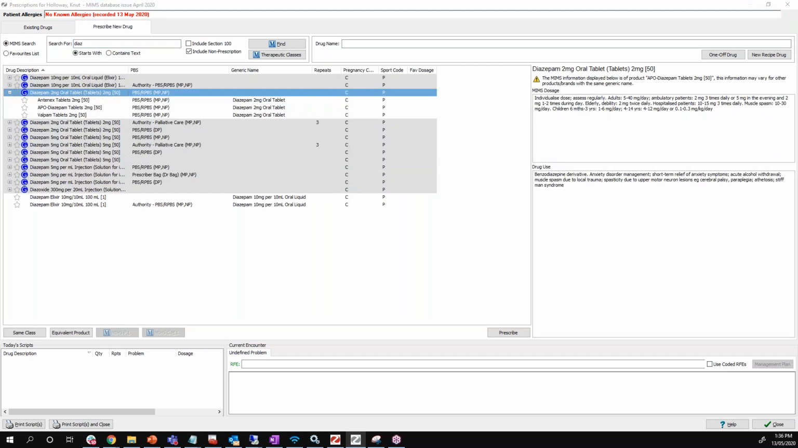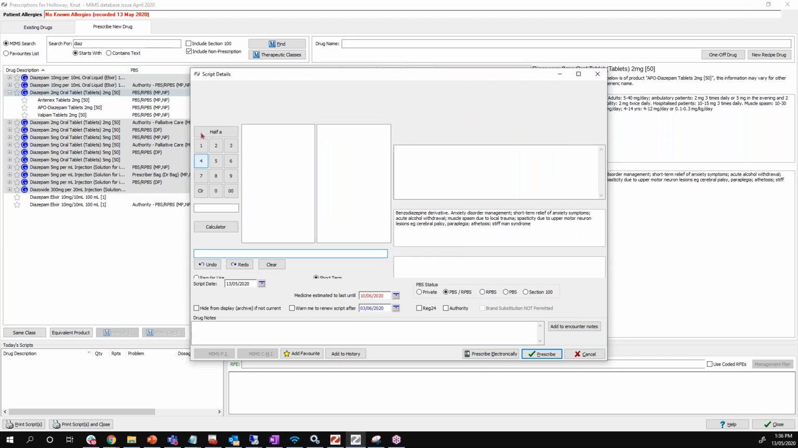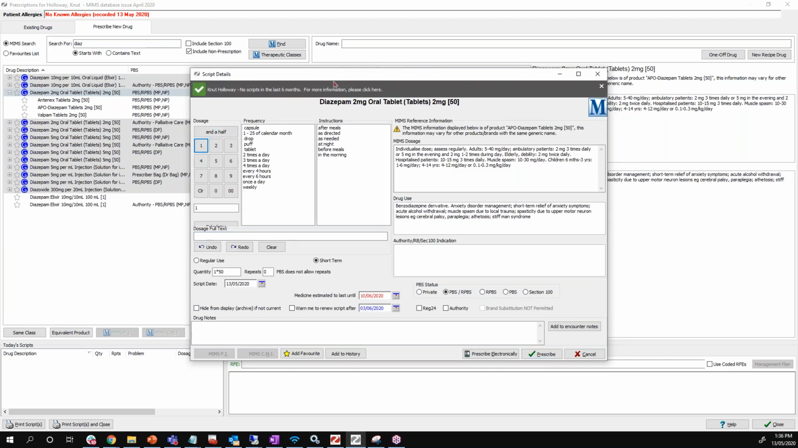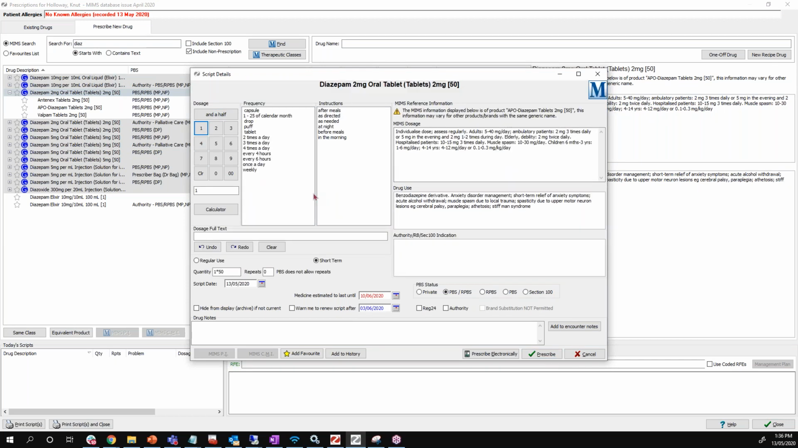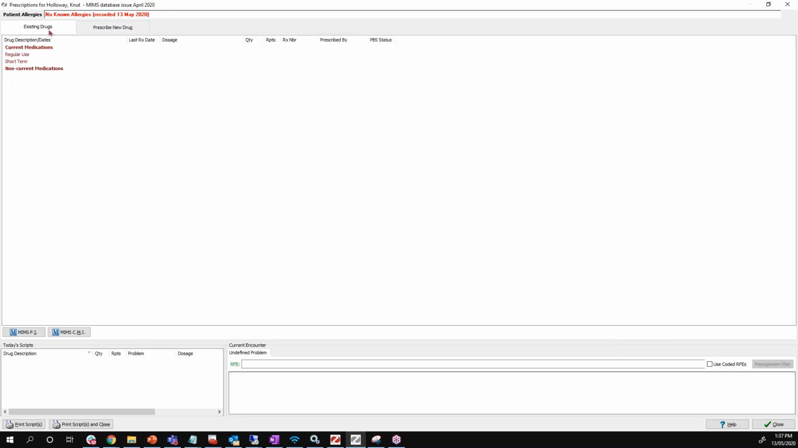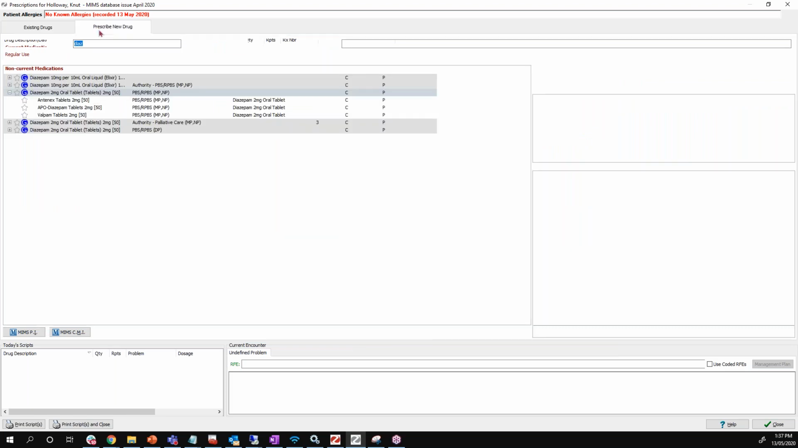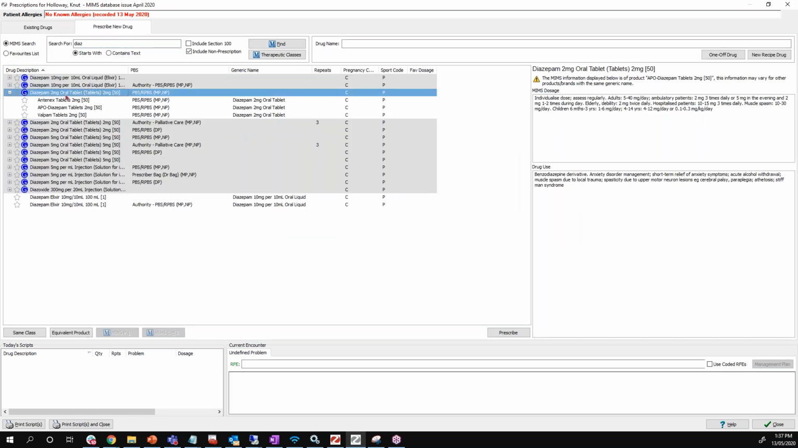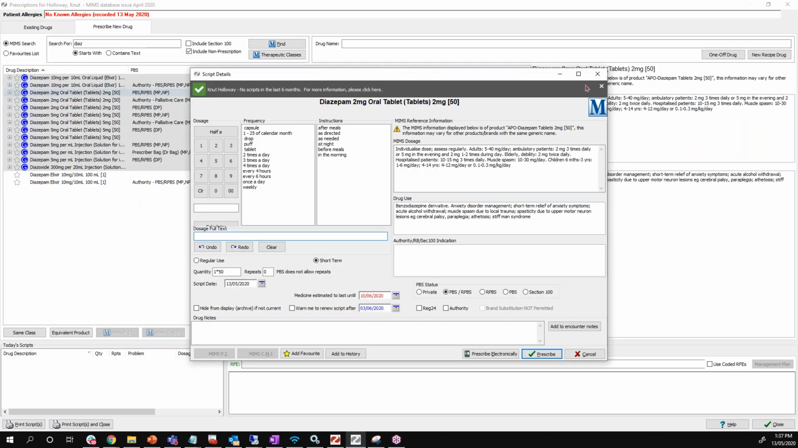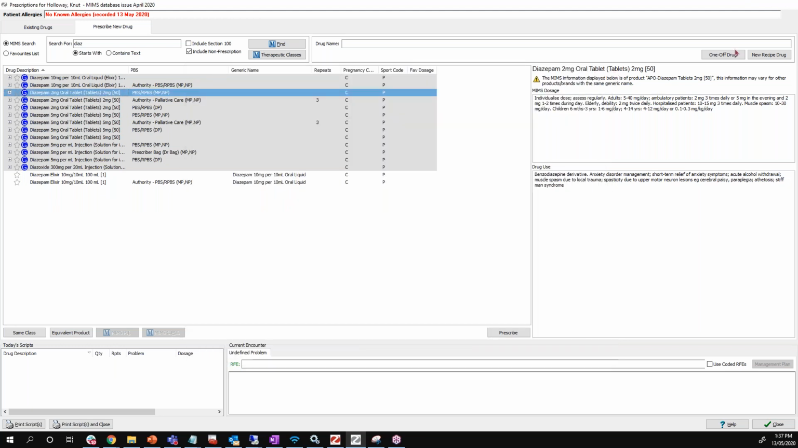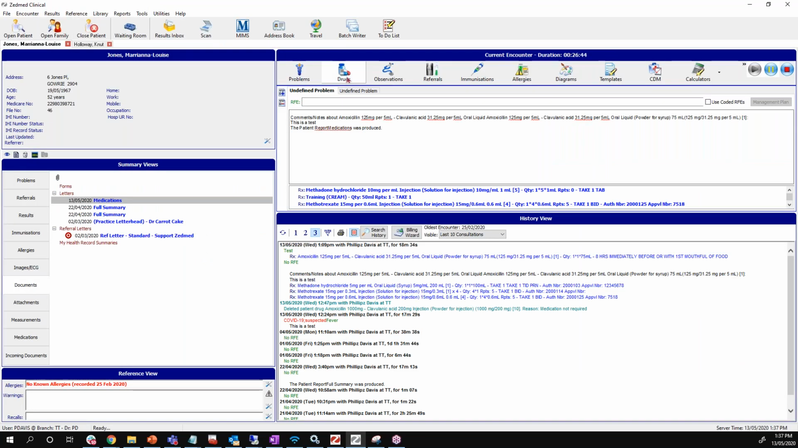So let me go back into the same one. If it's green, it pops up with the notification and then it disappears. If it's red, it stays there, or if it's amber. So if I go back in here, oops, wrong patient. If I go back to Miss Jones,